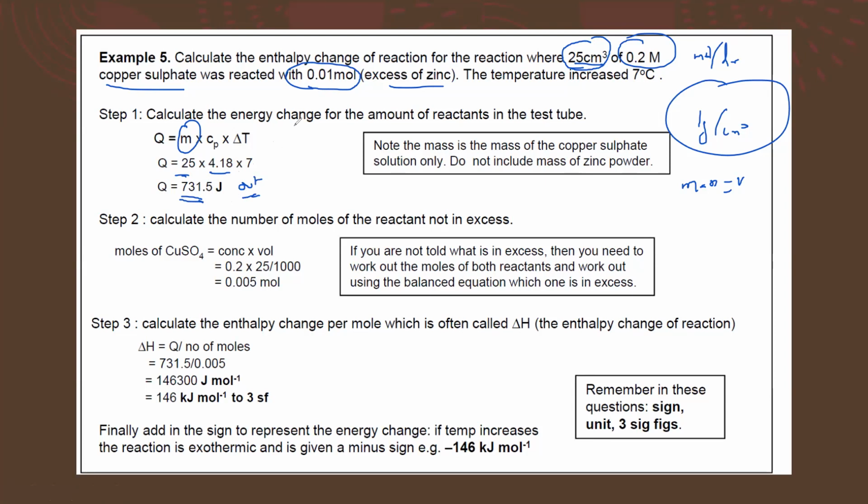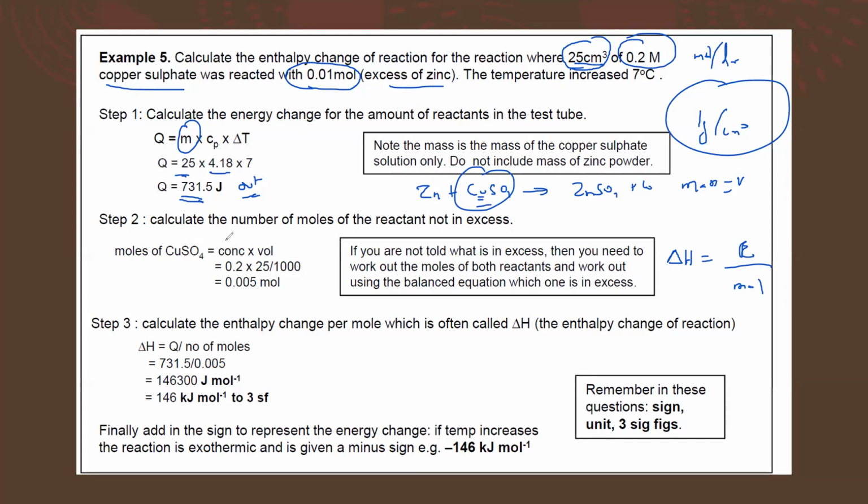Now, if we want to calculate enthalpy change, the enthalpy change is delta H, which is energy divided by moles. So we have the energy, we should know the moles. What moles will we take? We will always take the limiting reagent, because the excess reagent will give us more moles, and not all the moles are reacting. So we always take the limiting reagent. Here zinc is reacting with copper sulfate, resulting in the formation of zinc sulfate plus copper. In the question they mentioned zinc is in excess, so in this example we'll take the moles of copper sulfate.